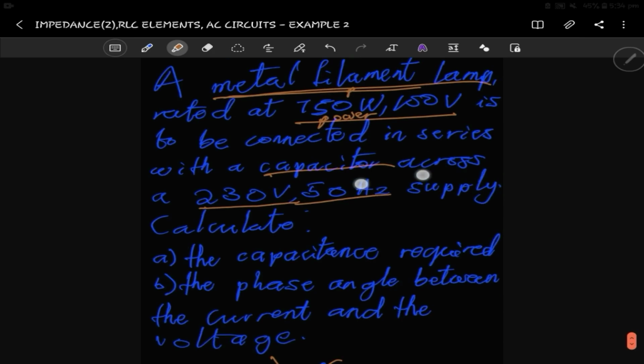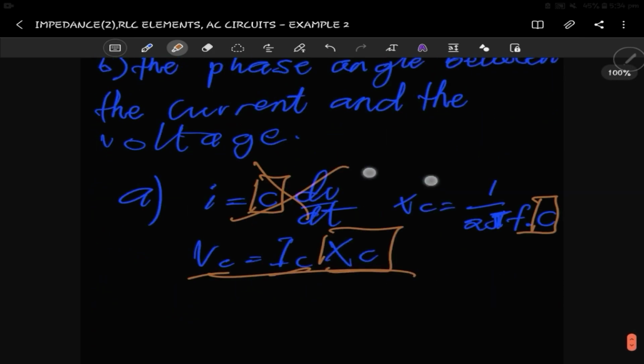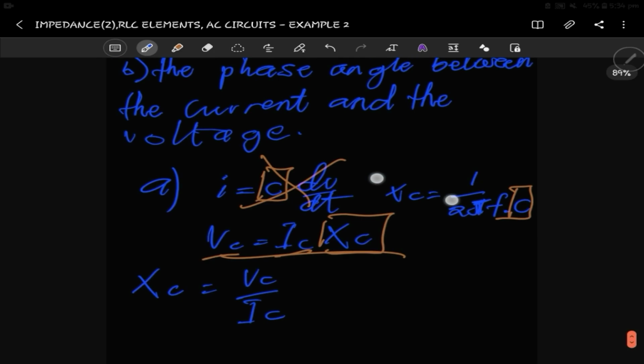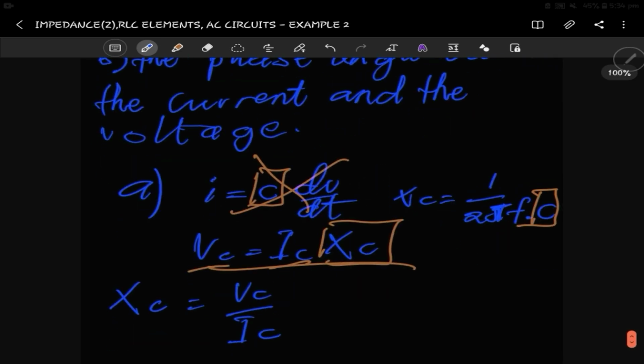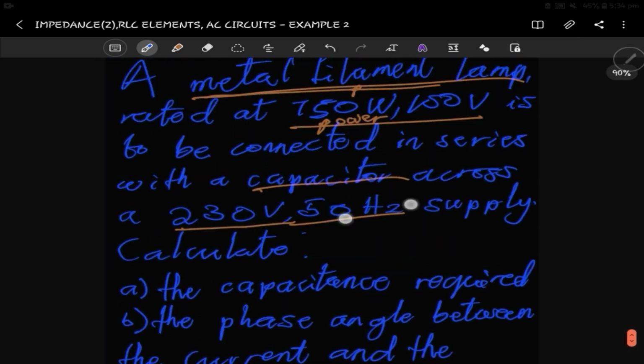By looking at the circuit again, let's see. What do we need? We need voltage and current. So basically, I need to find the X_C. That's V_C on I_C, right? Now let's see. How do we find V_C? How do we find I_C? So we know clearly that the